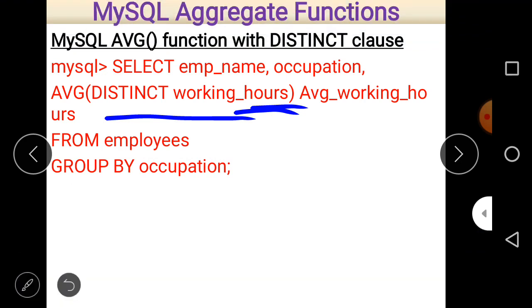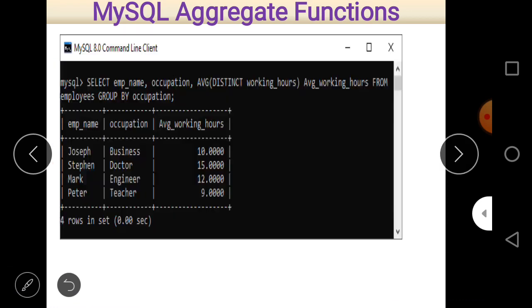Only that average will be counted, on the basis of occupation, and the final answer looks like this: 10, 15, 12, and 9, because these are the single values. When you take the average of 10, of course the average of 10 is 10, because there is a single value, and the average of a single value is the value itself.